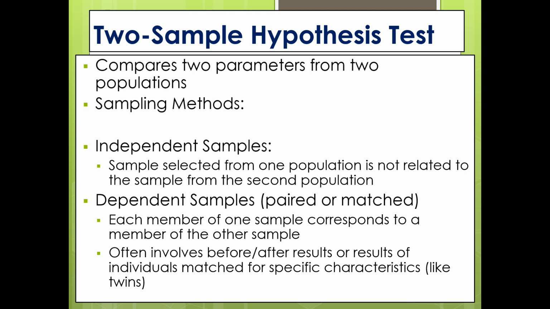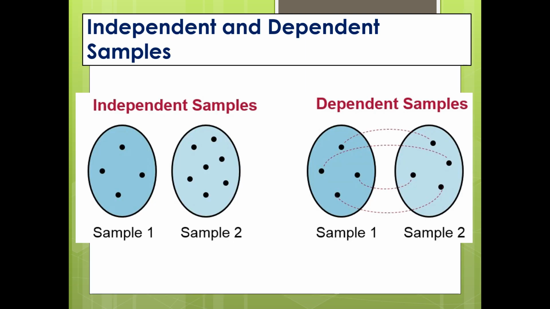But we're directly comparing that twin to that other twin, not everyone in the sample to everyone else in the sample. If you're a visual person, it looks maybe something like this. So independent samples, as you see here in this first picture, you just have two groups of people. A lot of times when you're dealing with independent samples, they don't even have the same number of people. So you just have one sample, you have another sample, and you just test them both and then you compare